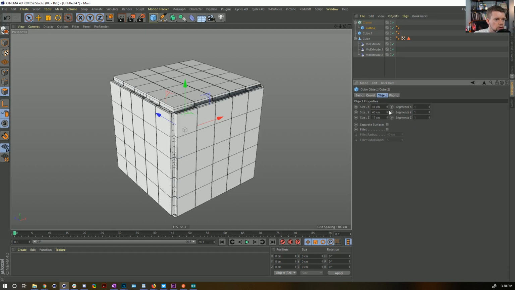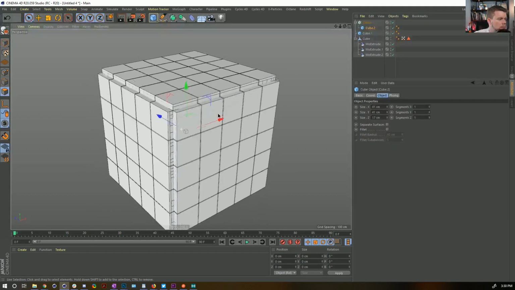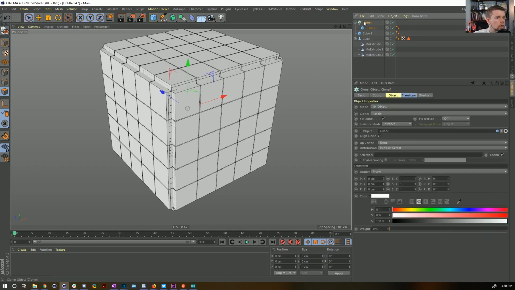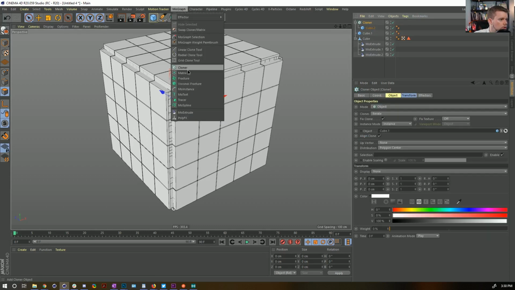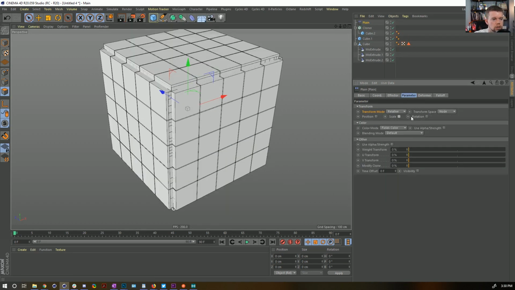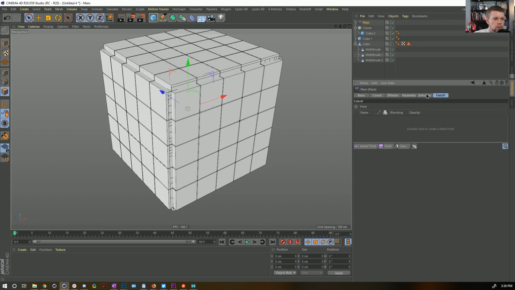And then if you want to, you can just take it up a little bit bigger so they intersect just a little bit. And then we take this and we just start controlling it via noises. We can say, create a plane effector. The plane effector is actually just going to affect the visibility, just like we were doing before. Let's go to a fall off. Let's give it a